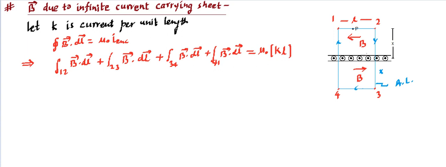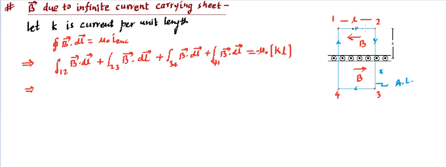Now we need to see the sense as well. The sense of the loop is giving the inside as positive and outside as negative, so we are placing a minus sign outside. Now you can think of why this minus sign is coming, because of the rule of the loop that we have already talked about. Now let's go ahead and talk about this 1 to 2 segment.